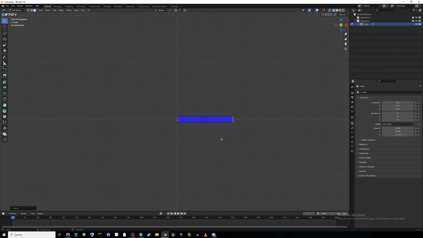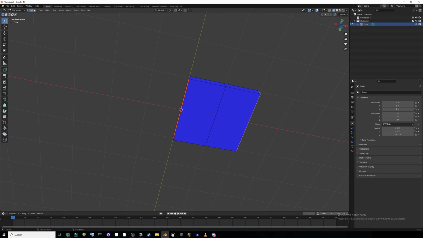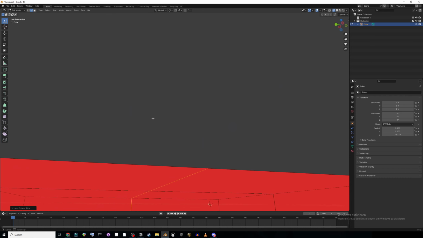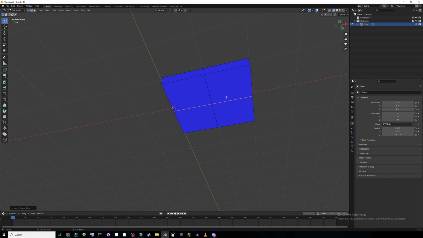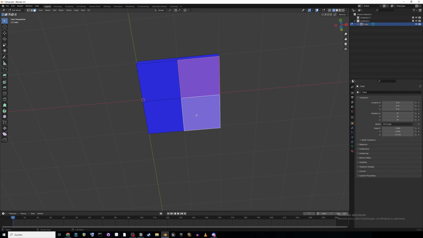And there we go. I'm actually doing a tail here. So let's do one more loop cut here. Control R. Right in the middle, I guess. Nothing too overcomplicated. That's still open here. That's good. And let's do some legs for the table. I can select both sides and then the